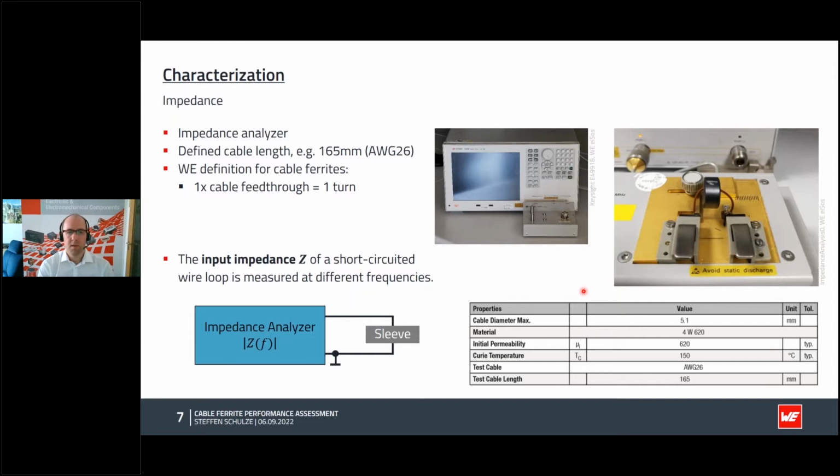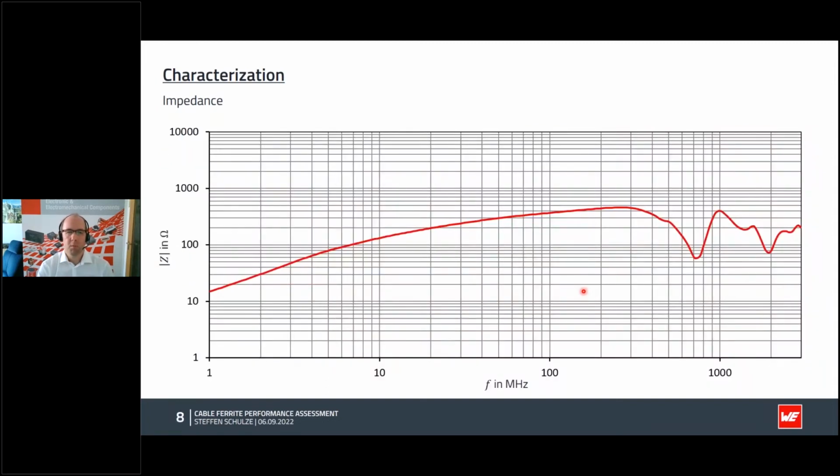And then we get results which look like this as an example. So here we see the inductive behavior of this component. There's an increasing frequency, increasing impedance, magnitude of the impedance in ohms, with rising frequency, up to a certain point, which we find here, this is the so-called self-resonance frequency. And it's not a sharp resonance, of course, because we have losses in our component, and that's why we find here a wide band, a broadband peak,